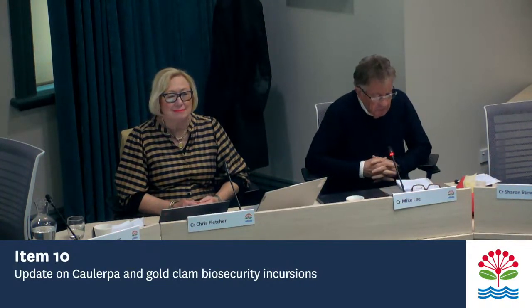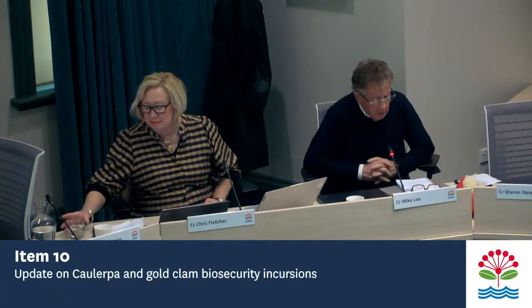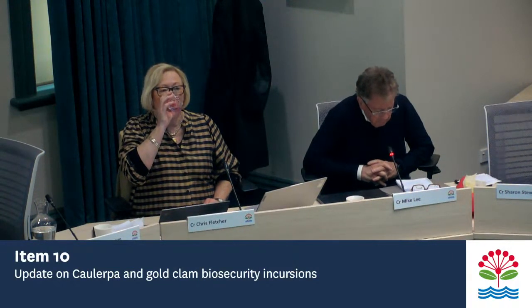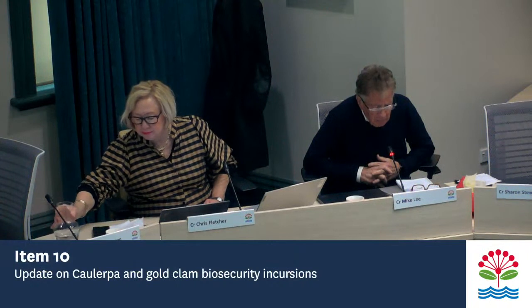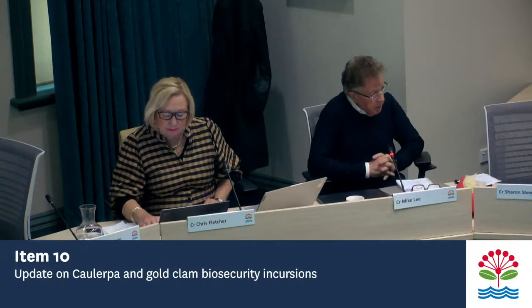In terms of its impact on the marine ecology, what data do we have? We know that it's expanding, that it's been present on Aotea for several years. It's in Rāwhiti in the Bay of Islands. It's apparently off Waiheke, though I haven't been told exactly where, but in terms of its ecological impact,